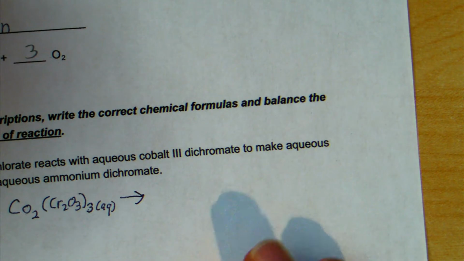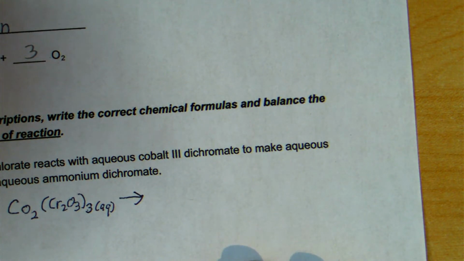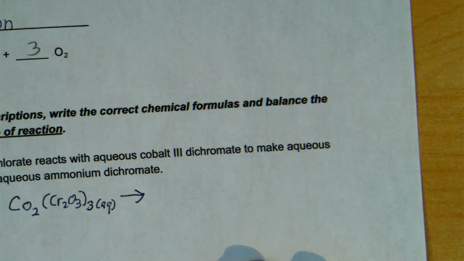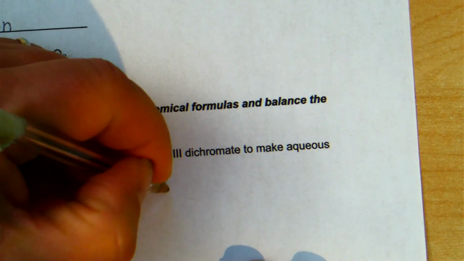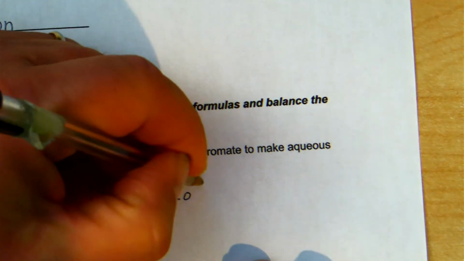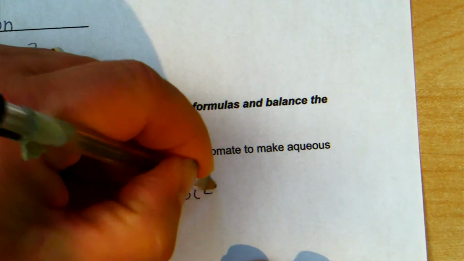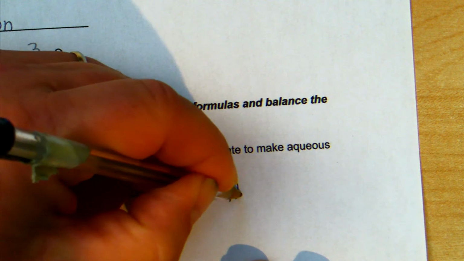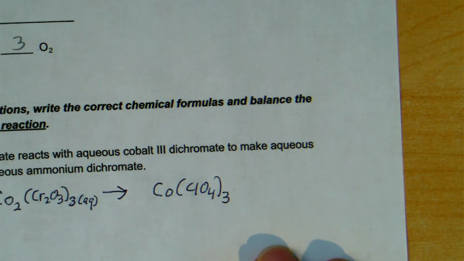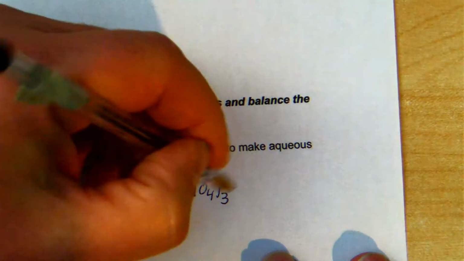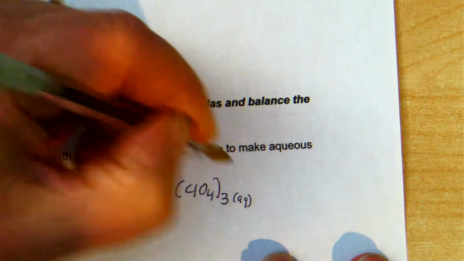Aqueous cobalt-3 perchlorate. Well, perchlorate is a 1- charge. Cobalt 3 is the 3 plus charge. So for each cobalt, I'm going to need open parentheses, ClO4, close parentheses, subscript 3 to make that balance. And it's aqueous, so aq in parentheses, plus